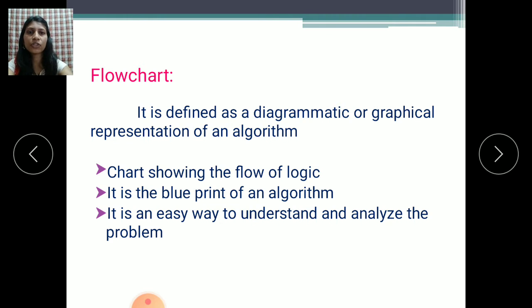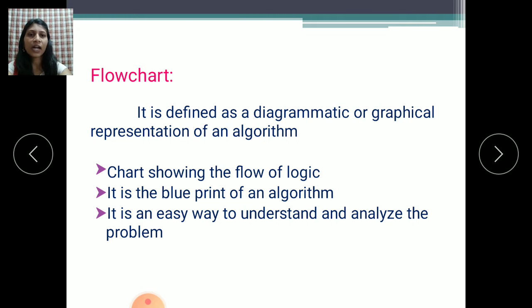Why can we draw the flowchart? See, flowchart shows the flow of the logic. Means whatever logic you are using in your program, it shows how it will work. Means the user easily understands how your program is working step by step. The algorithm shows the step by step methods, and writing down those algorithm steps in diagrammatical form is known as a flow chart. Means how your program will flow, how the program will work step by step.